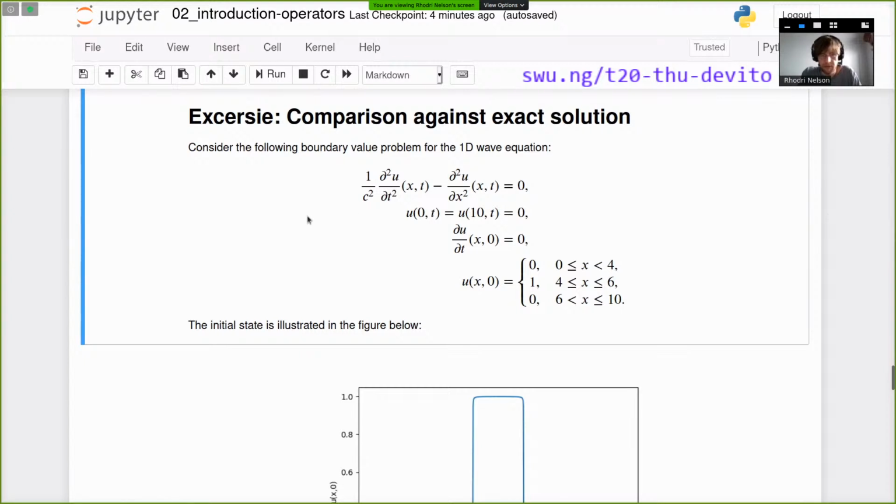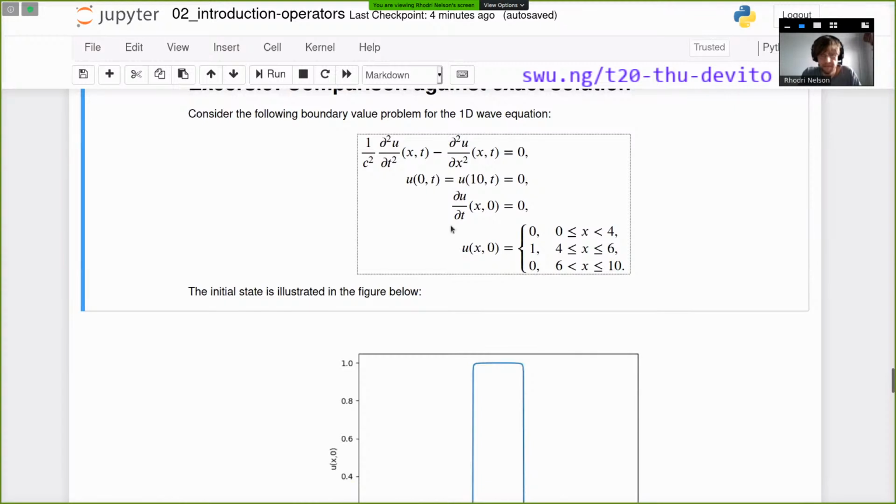So our problem is as follows. We have the 1D wave equation in a domain of length L equals 10 in the x direction. We have 0 Dirichlet conditions at each of the boundaries on the side, a 0 velocity condition